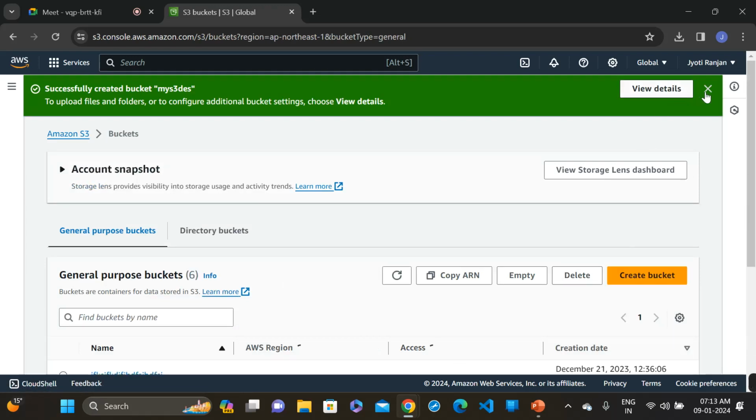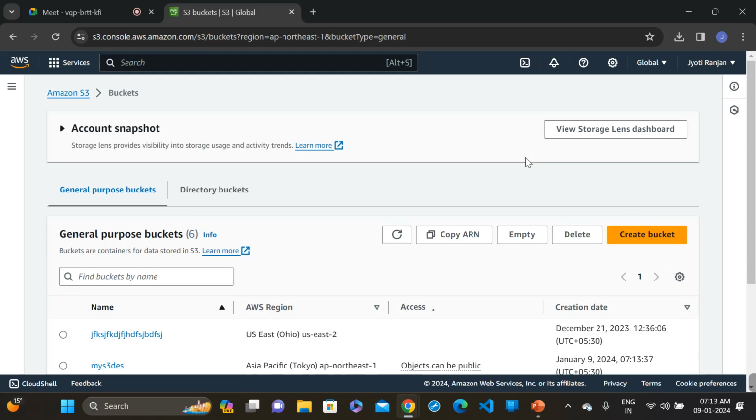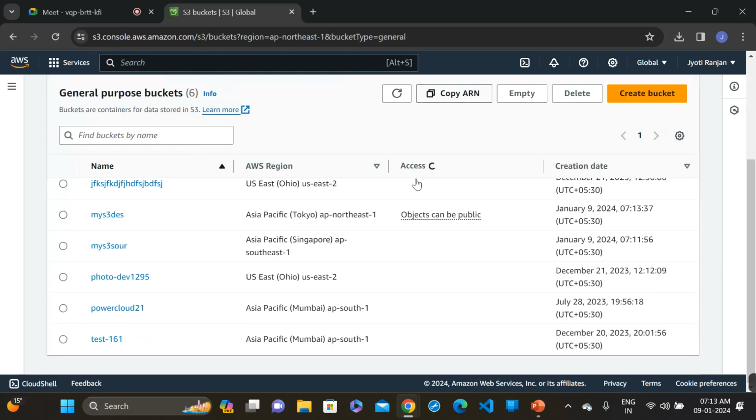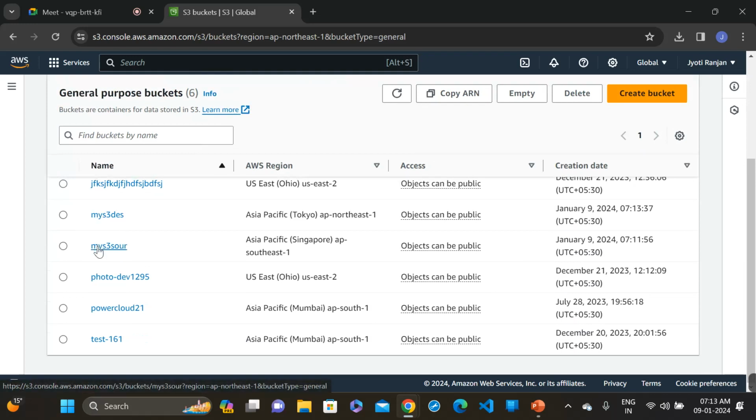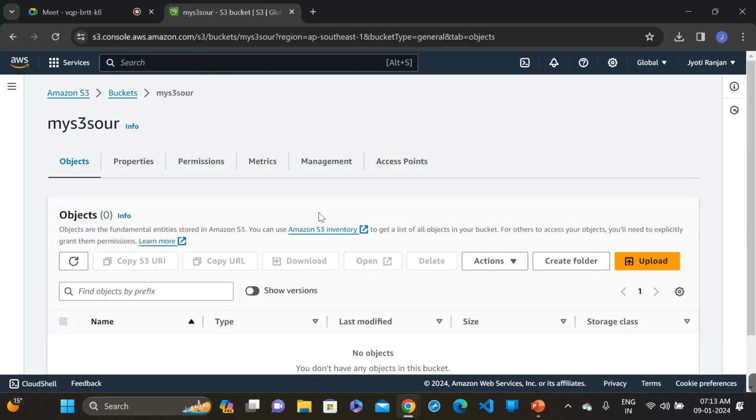So we have now created two buckets, right? This is our destination bucket and this is our source bucket. Let's go to the source bucket, and in the source bucket, we have to enable the cross region replication. For that, go to the management